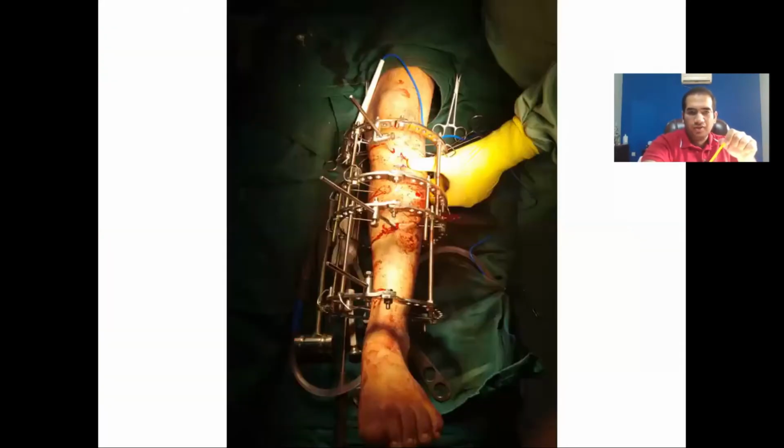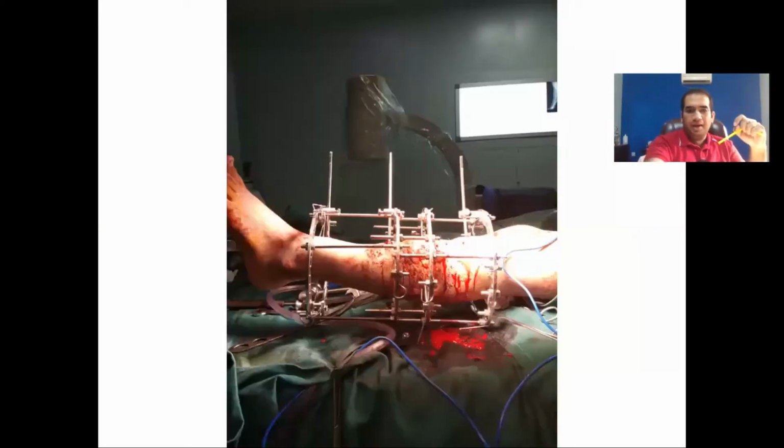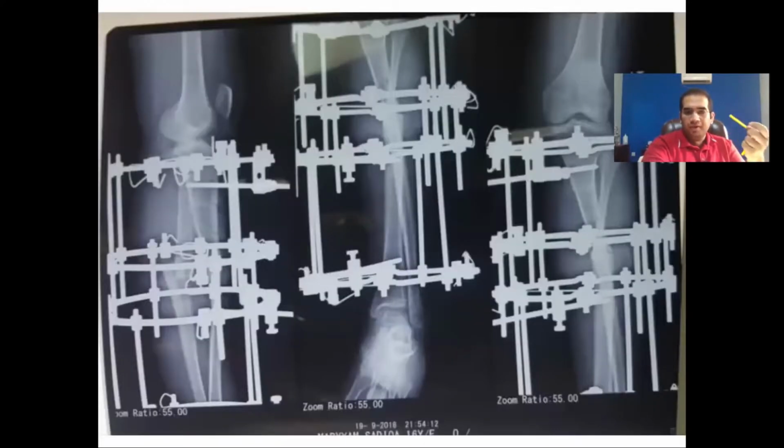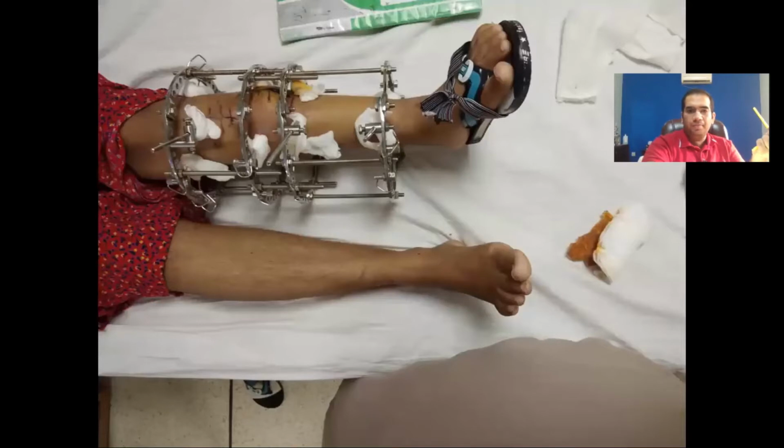What's important, which I'm going to tell you now, is whenever you're going to do an acute osteotomy, I planned in this case, let me show you first. I did not apply hinges. I just did an osteotomy. I straightened the bone, and then I applied an Ilizarov fixator. This was the X-ray. The deformity was corrected acutely.